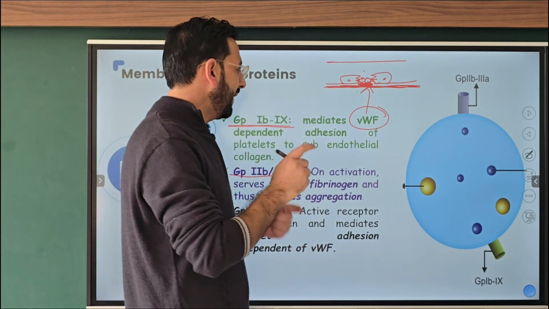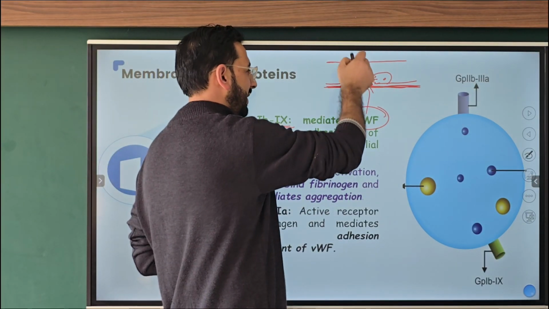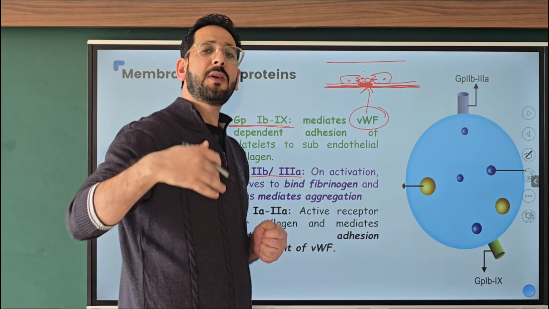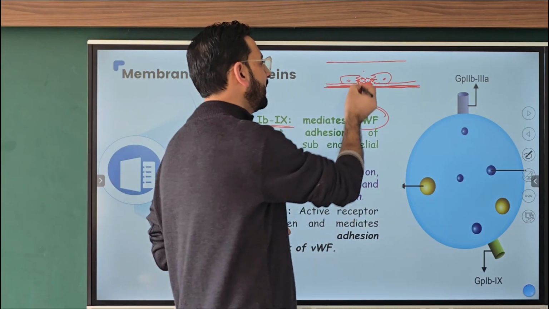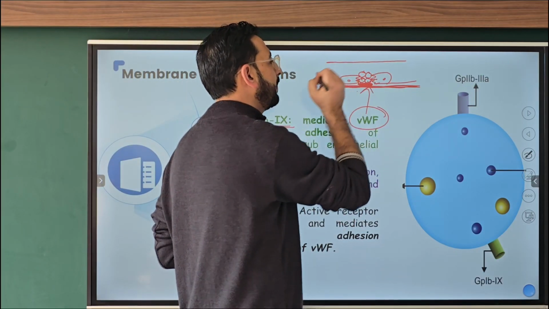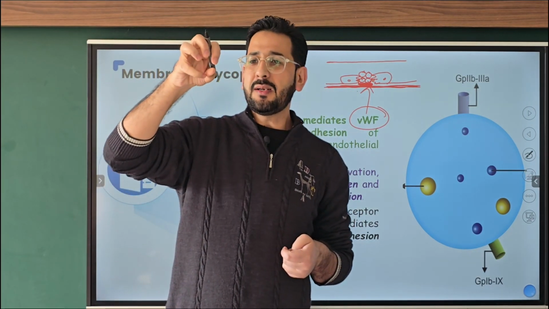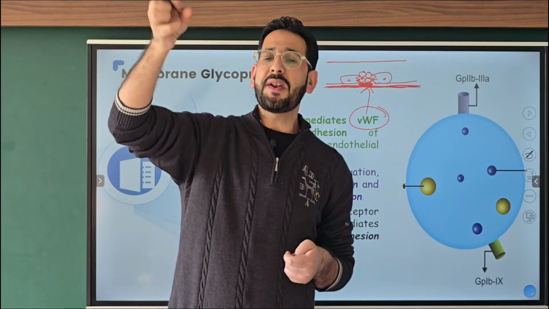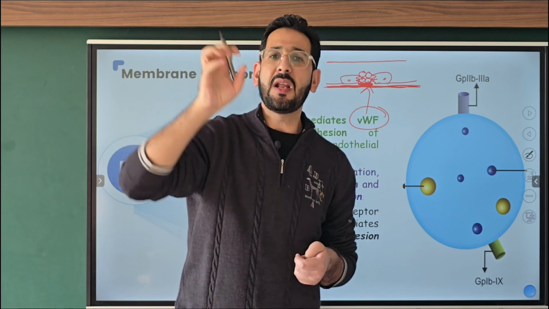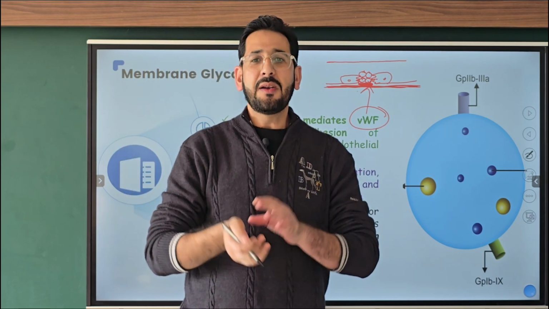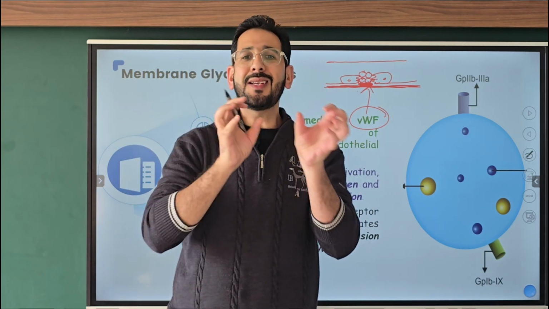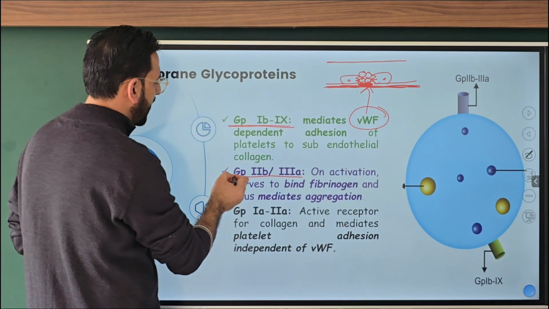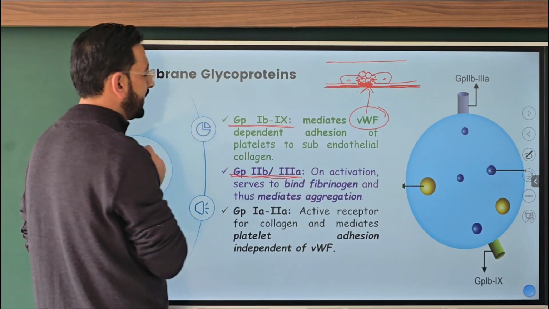Now once the platelets are adhering, we have completed the process of platelet adhesion. It will be followed by platelet aggregation, that means sticking of the platelets on a platelet surface. One platelet will stick on the von Willebrand factor, and it will be activated. It will attract more platelets, and those platelets will now stick on the platelet surface. For platelet to platelet sticking, there are important receptors, and those glycoproteins are glycoprotein 2b3a.